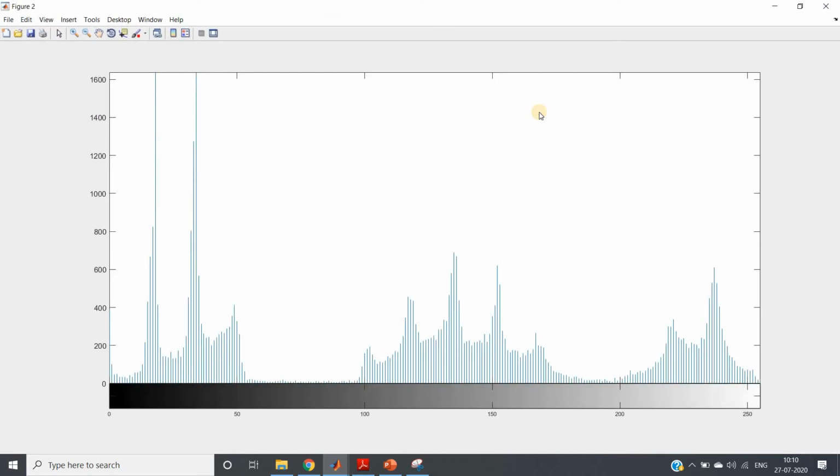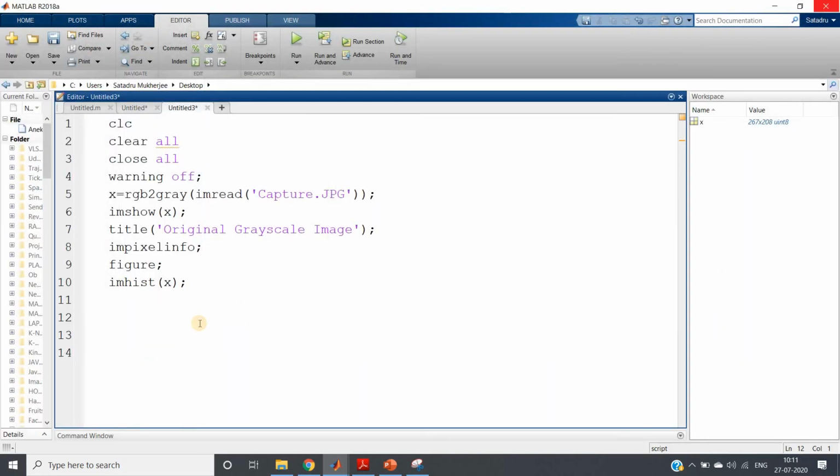From the image itself we got the intuition of how the histogram is going to look: one concentration of pixel intensity towards the dark part, one in the middle part, and one in the brighter part. So regions can be segregated like this: less than 100 is dark, 100 to 200 is the shadow part, and 200 to 255 is the illuminated part.